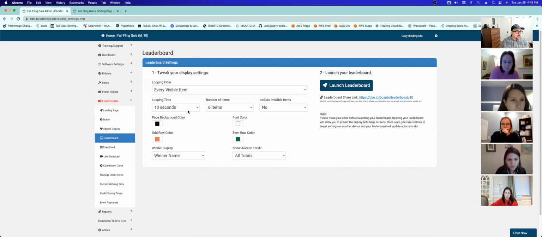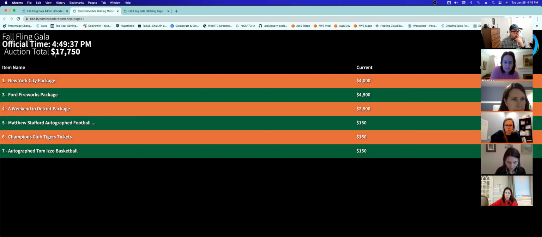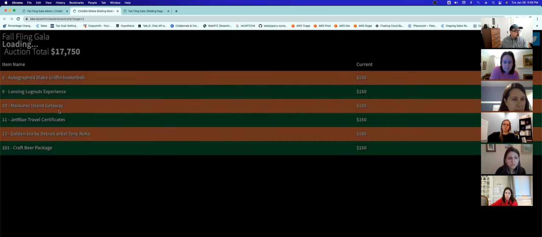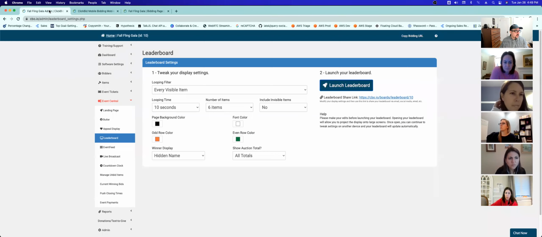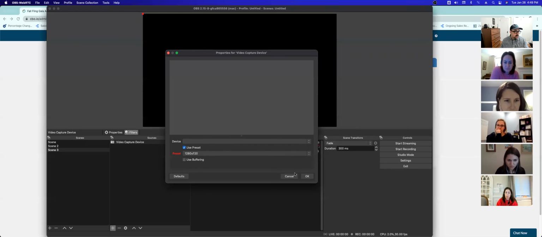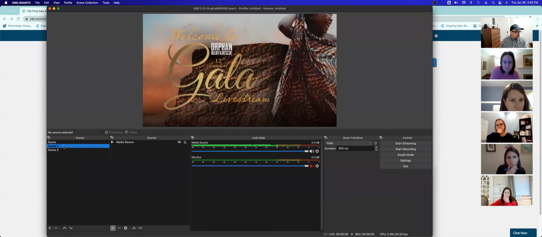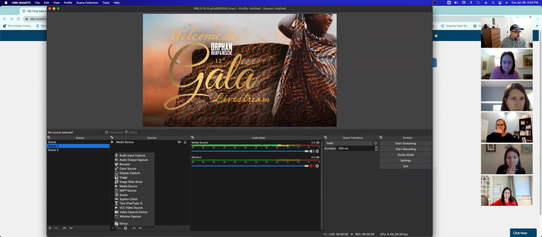And I can show 6 items at a time, 10-second looping name, and I just need a hidden name, and then I can launch. Now this is the link you can put into OBS, but I'm just going to click launch, and it shows me, I have some custom style sheets going, so it looks a little congested, but it shows an auction total here and a list of auction items. What you could do is click on this link and choose copy, then I go to OBS, and we're going to show this video, and while it's broadcasting,